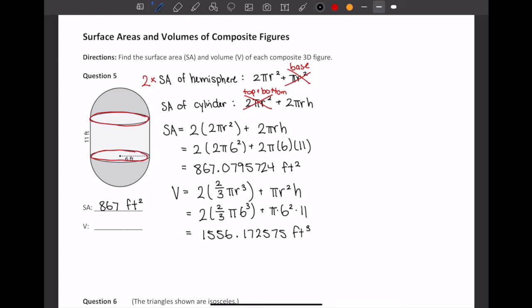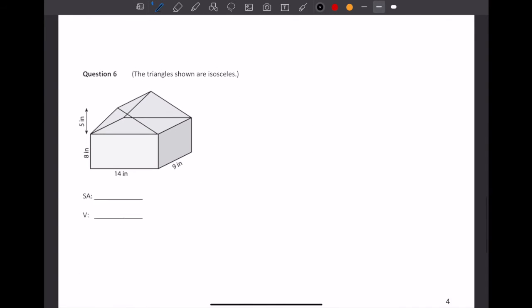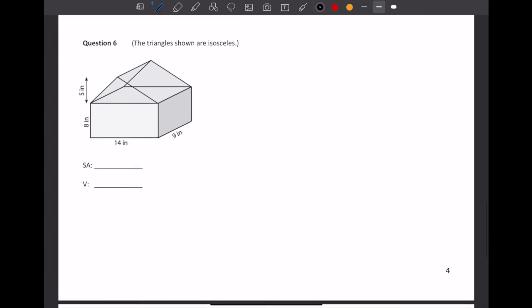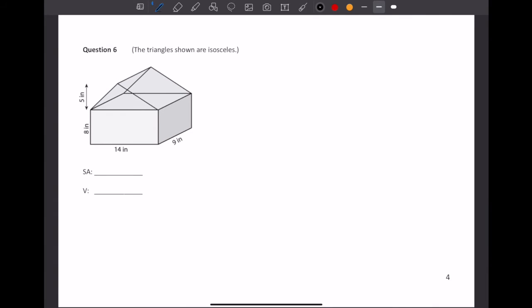Volume is a 3-dimensional measurement, so our units are always cubed. Here we have 1,560 if we want to round our answer to 3 significant figures. And that's question 5. Question 6, we are given a house shape made up of a triangular prism and a